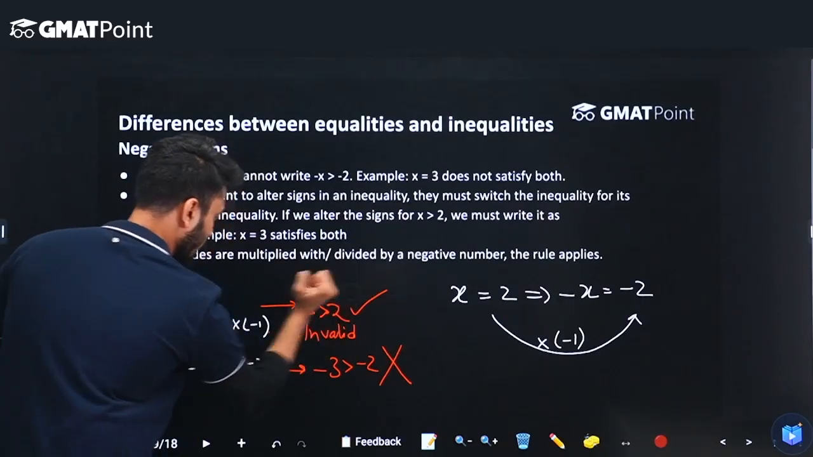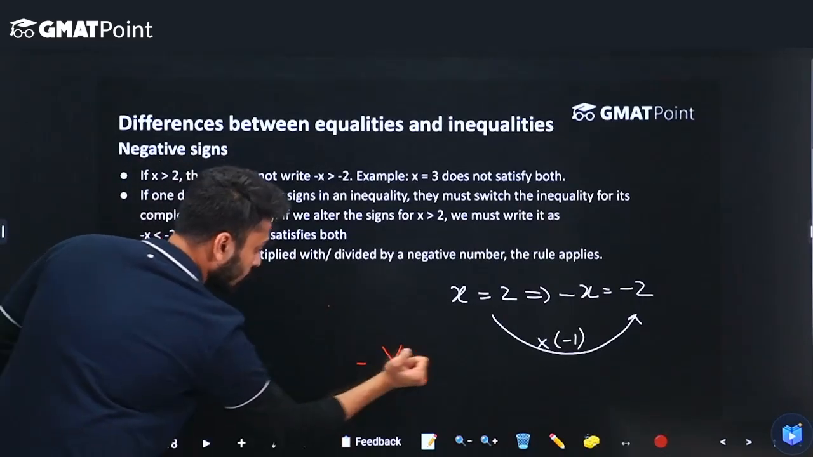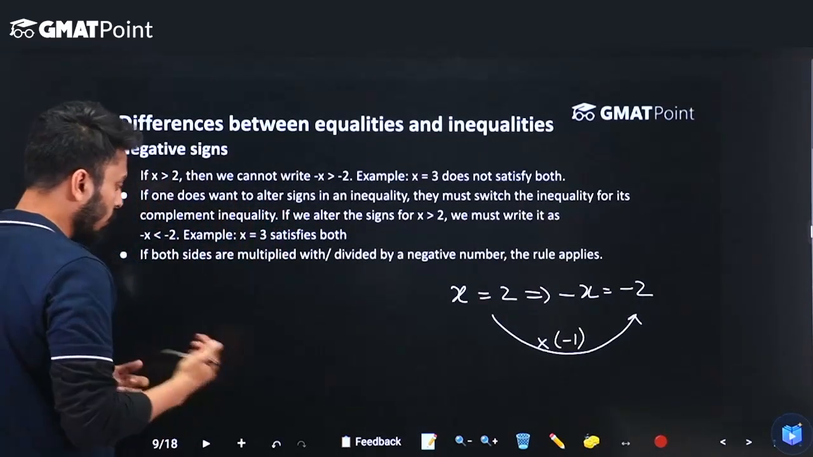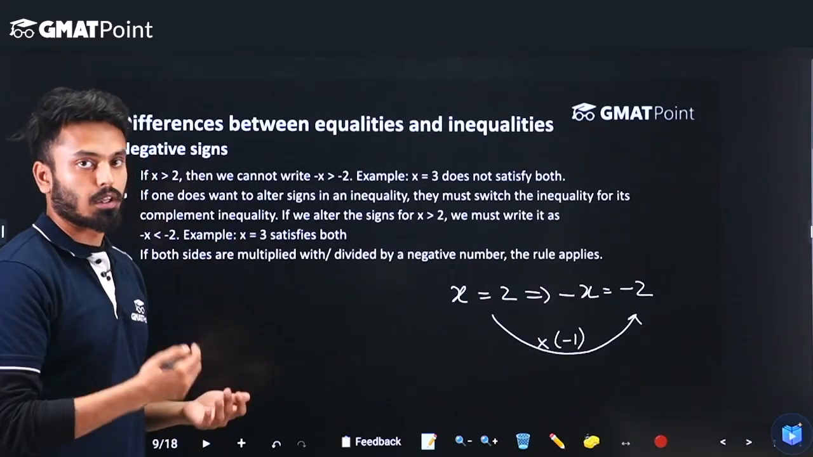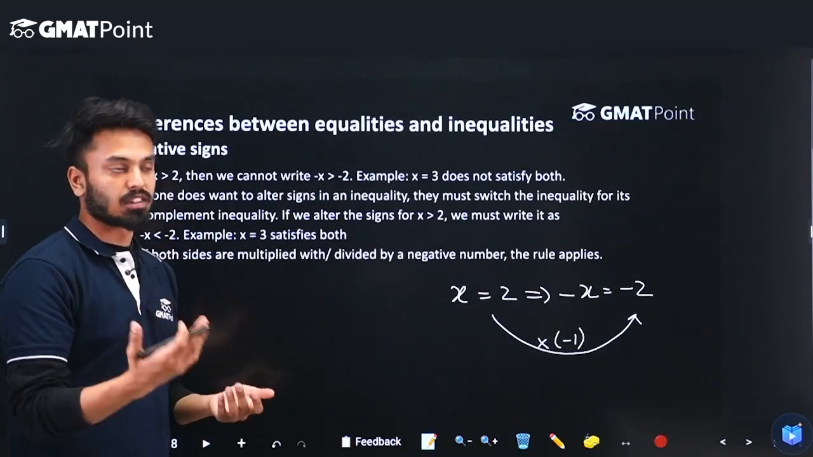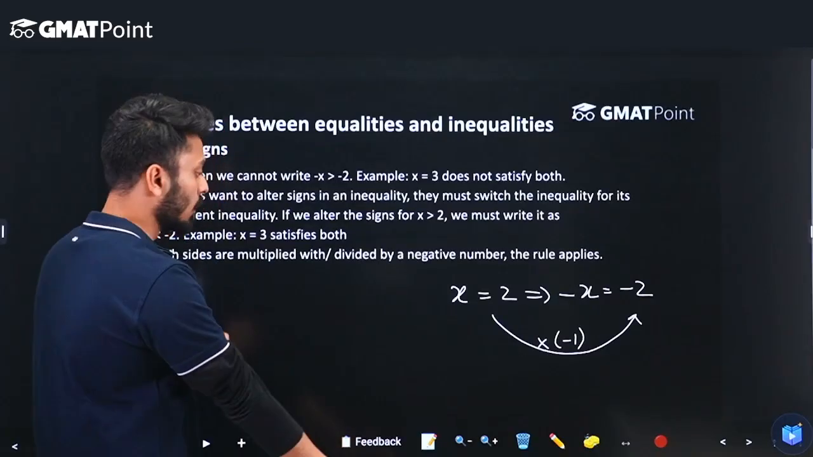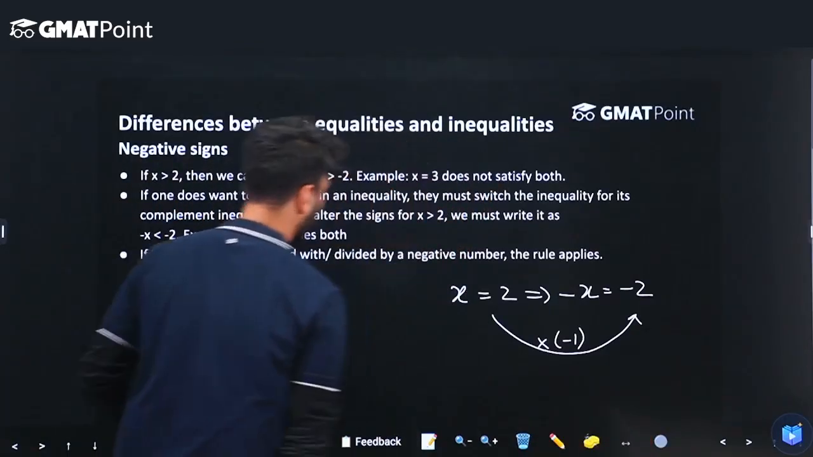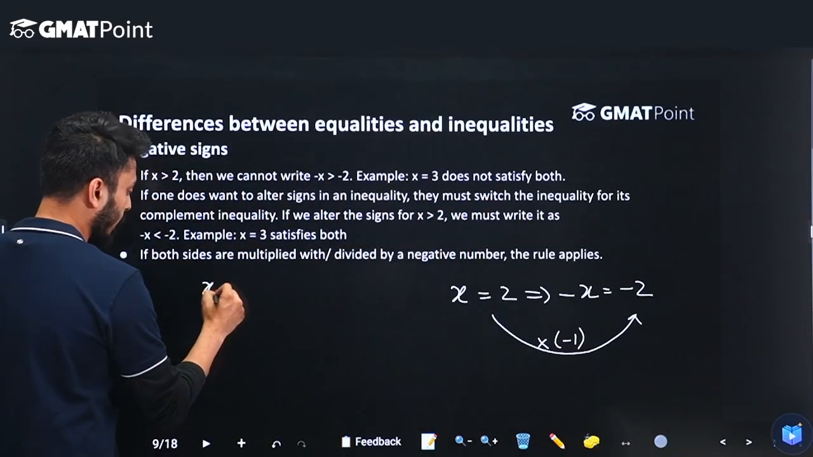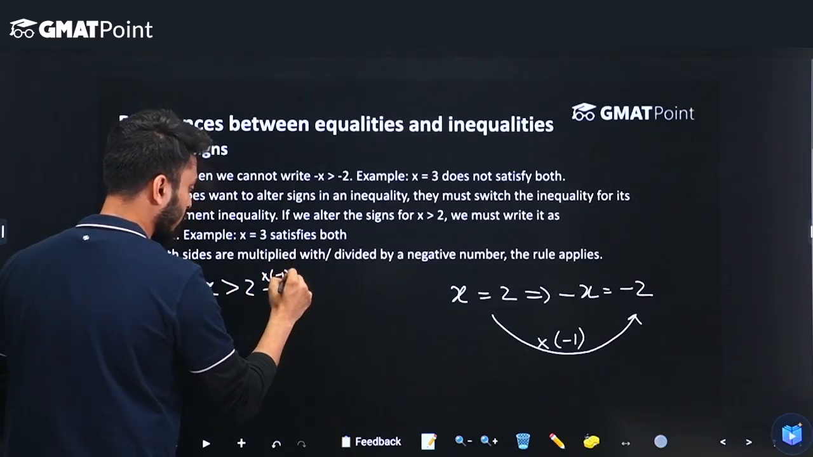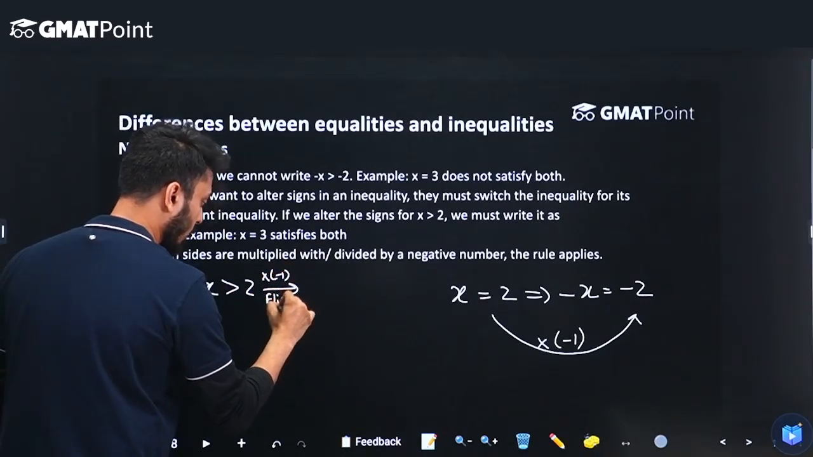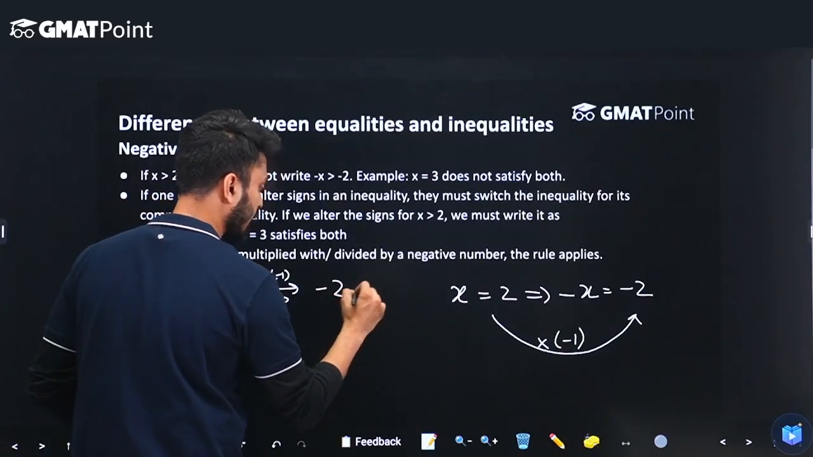So what do we do? If I want to change the sign, what should I do? The way you do this is you simply switch the inequality for its complement. If you flip the inequality when you flip the signs, then there is no problem in doing so. Again, we'll test this with the same example. If I had x greater than 2, and if I was to multiply both sides with minus 1 and flip the inequality at the same time, I would have minus x